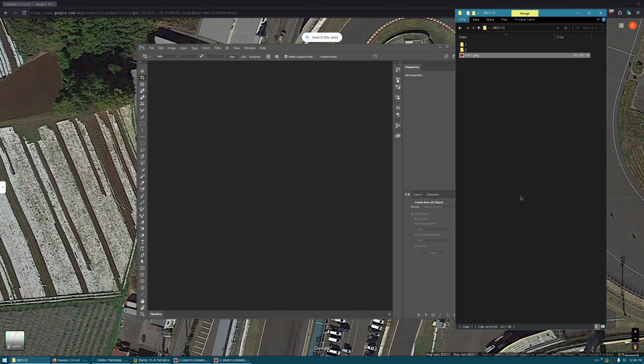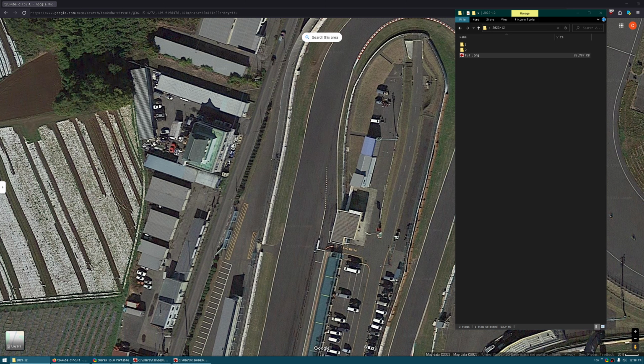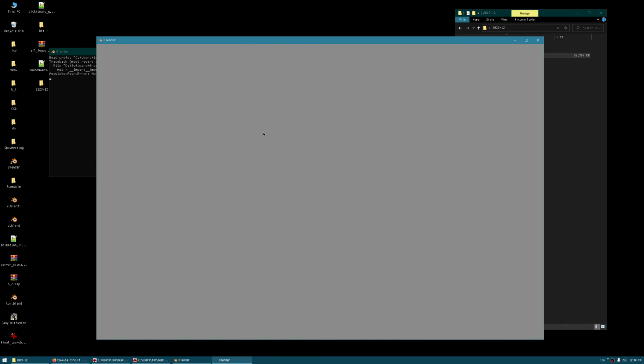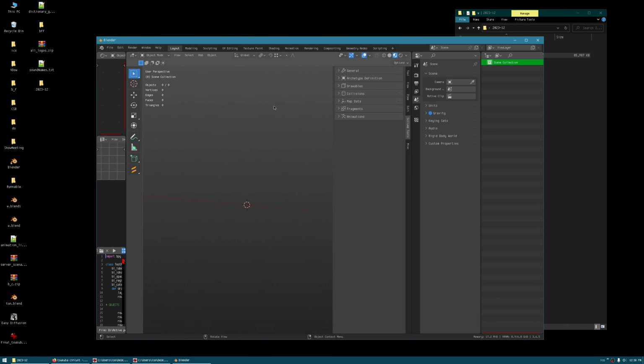Next, let's create a plane. We're done with Photoshop, we're done with Racetracks, and we're done with Google Maps. Let me quit those. Next, we're going to be creating a plane in Blender, and we'll be adding the image into